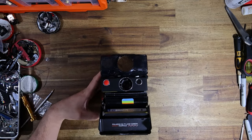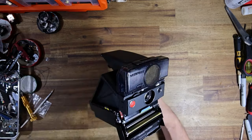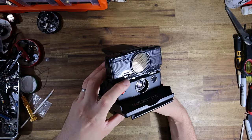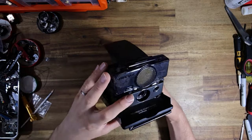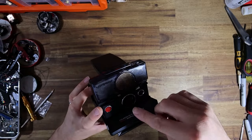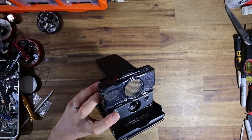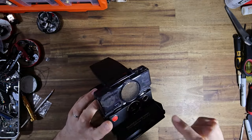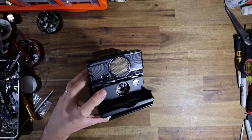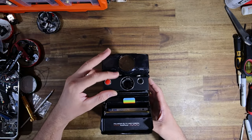Now, another thing that can happen with your autofocus is if you accidentally, especially with the door open, accidentally move that manual focus without engaging the switch, like so, it'll lock up. So right now the autofocus switch is still engaged, but I've accidentally manually focused the lens to just beyond infinity, and it's going to lock up. If you want to reset that, you've got two ways that you can do it. You can either do the technique that I just showed you